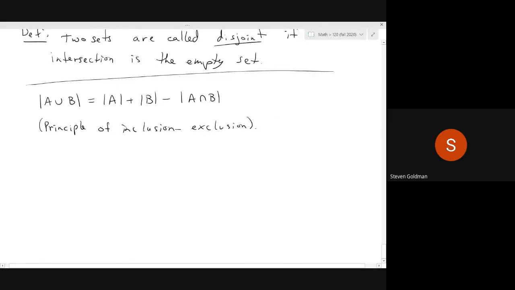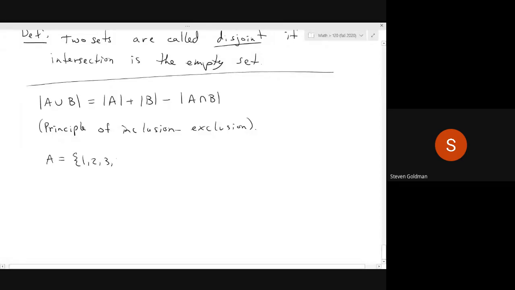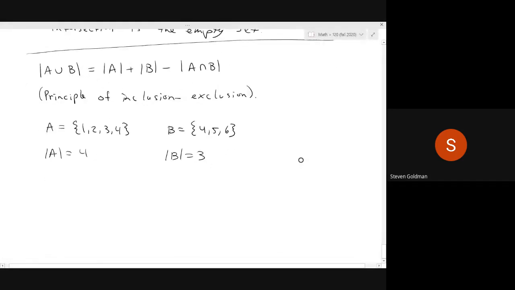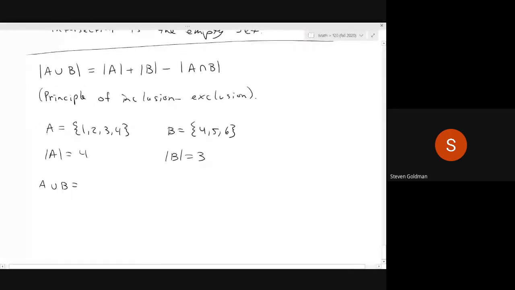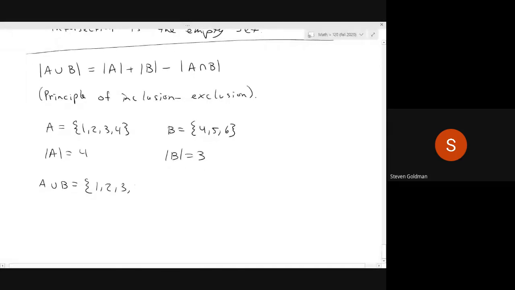So for example, let's go back to the example we had above. The cardinality of A is 4. The cardinality of B is 3. A has 4 elements, B has 3 distinct elements. The union of A and B is 1, 2, 3, 4, 5, 6. Its cardinality is 6. Now, if I just added the cardinality of A and the cardinality of B, I would get 4 plus 3, which is 7. Why? Because I've counted